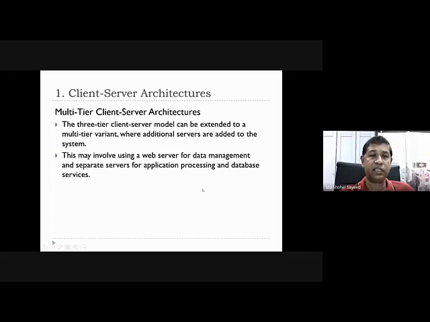Okay, now next one we call the multi-tier client server architectures. We already know there is the 3-tier server model, which can be extended to a multi-tier variant where additional servers can be added to the system. That means whatever you want, additional servers can be added. For example, we have a 3-tier client server model. It can be extended to 4. That means you can add one more. It can be 5. You can add another one. So this is what we call the multi-tier